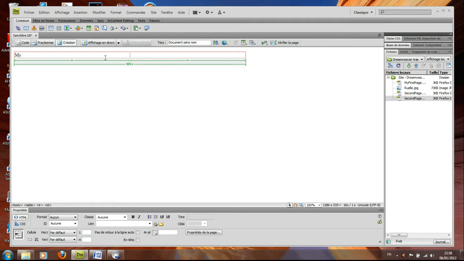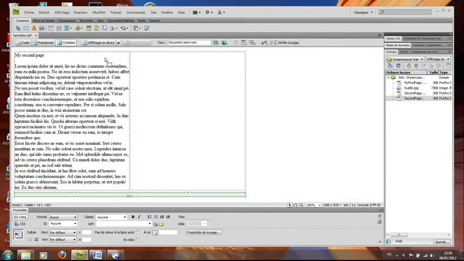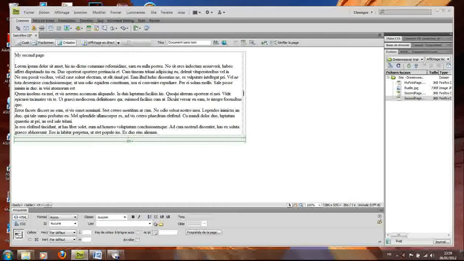My second page, and if you can add some more text like this, for instance, and then I just position my mouse cursor in the second cell of my table here and click,